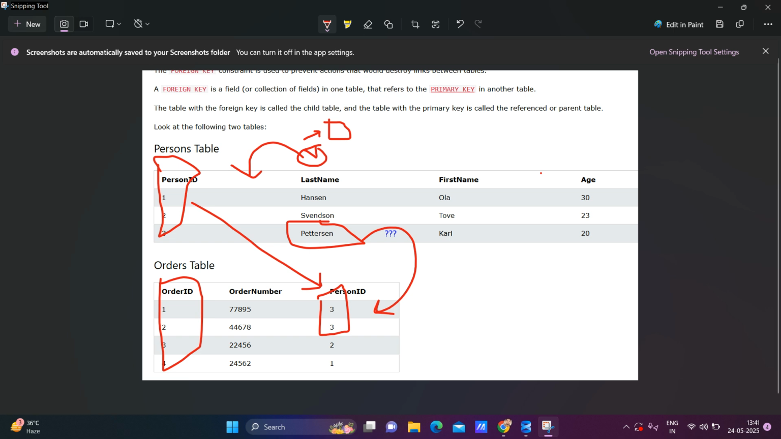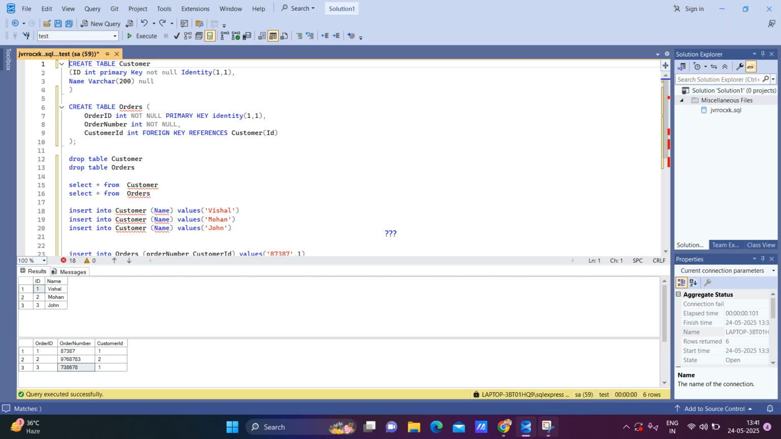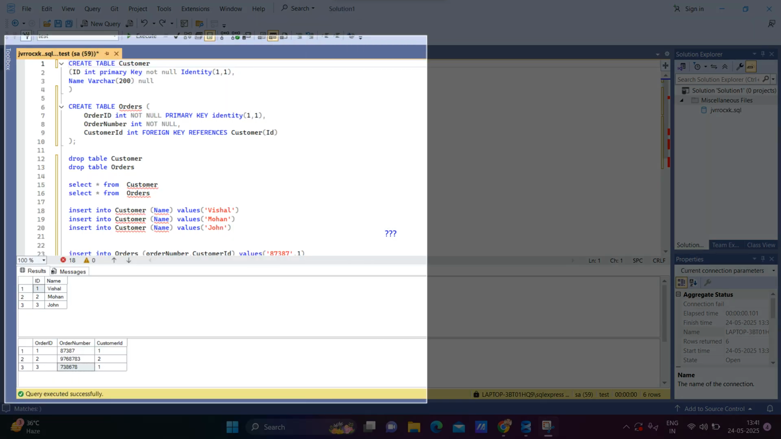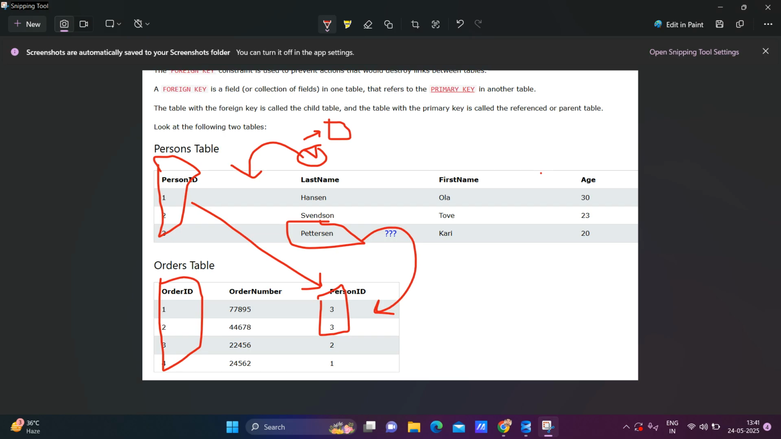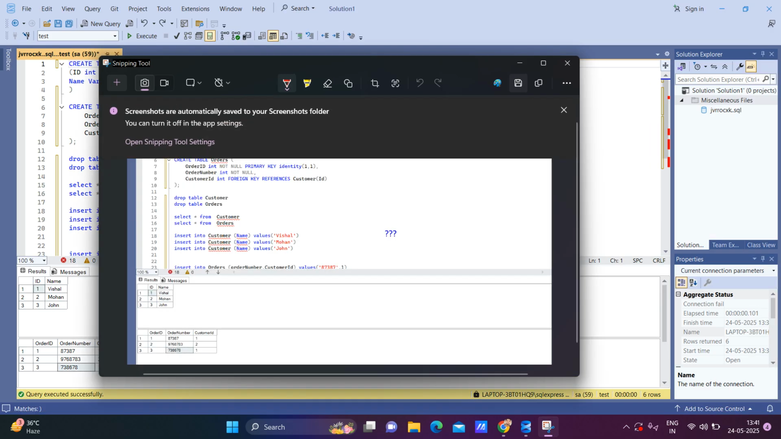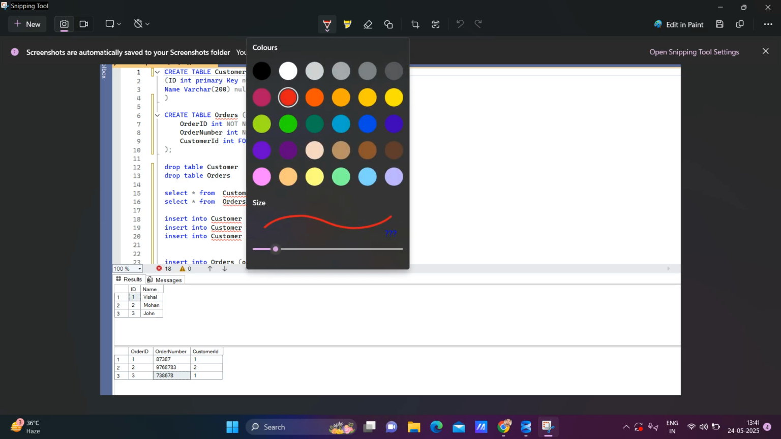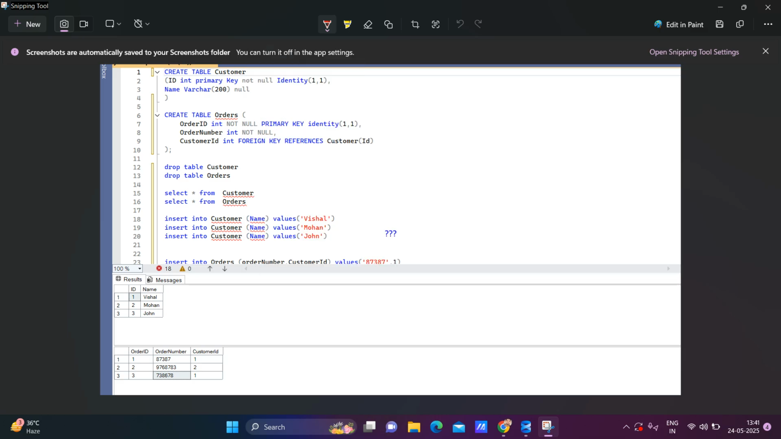Let me open it, then I will explain again, right? I hope then you can understand. Let me maximize this. For example, I am taking the example of Amazon, right? Suppose I have one Amazon account. My name is Vipin, so I'm a customer. So data is stored inside the customer table here. Name is Vipin, and for example Vishal, and ID is 1,